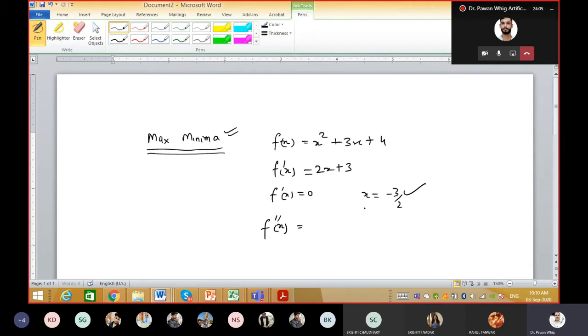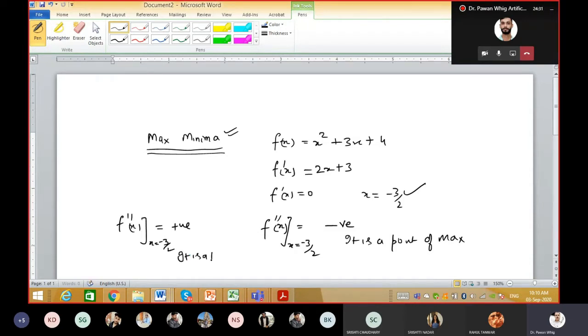At this point only, if the second derivative comes to be negative, it means it is a point of maximum. Or if your second derivative comes to be positive at the same value, then it is a point of minimum.